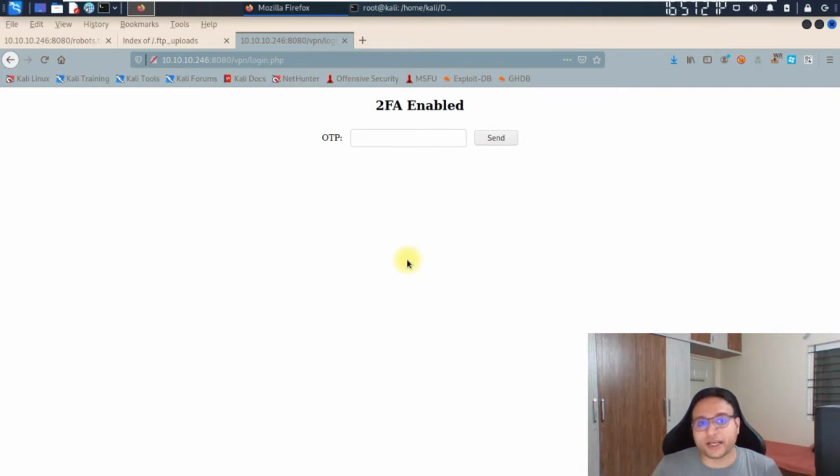Before going further with that, when you try to simulate the same setup which I am making right in front of you, it may create a problem in one case. Two-factor authentication creates a problem if the time at the target server and on your system is not synced. It should be the same. Only then will this feature work for you. Otherwise, whenever you put in the OTP, it just goes back to the login page again and again.